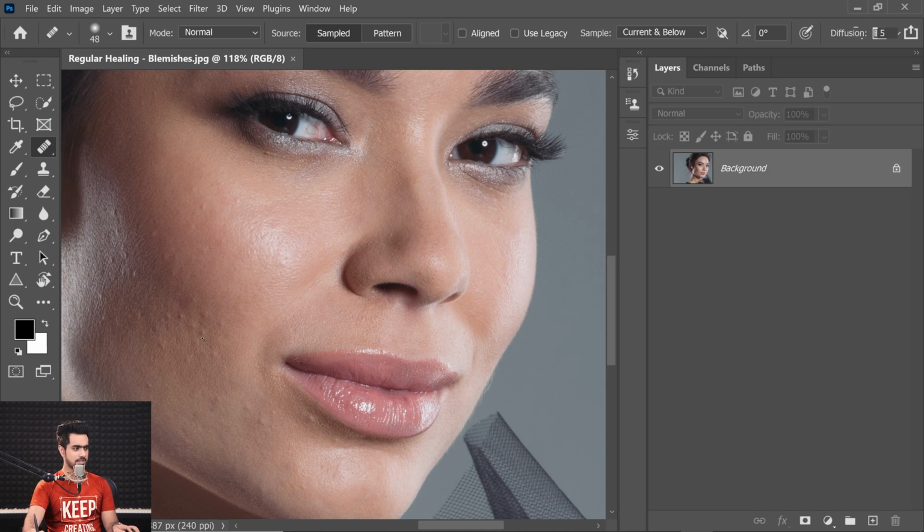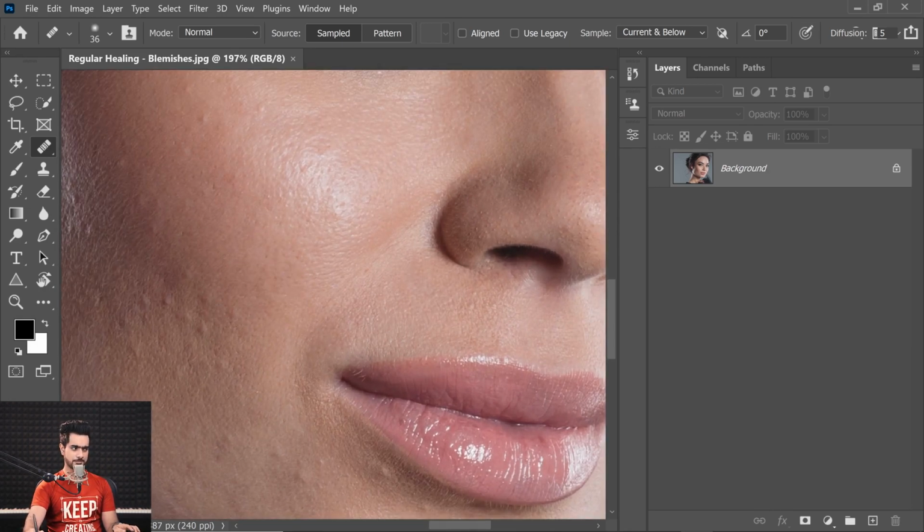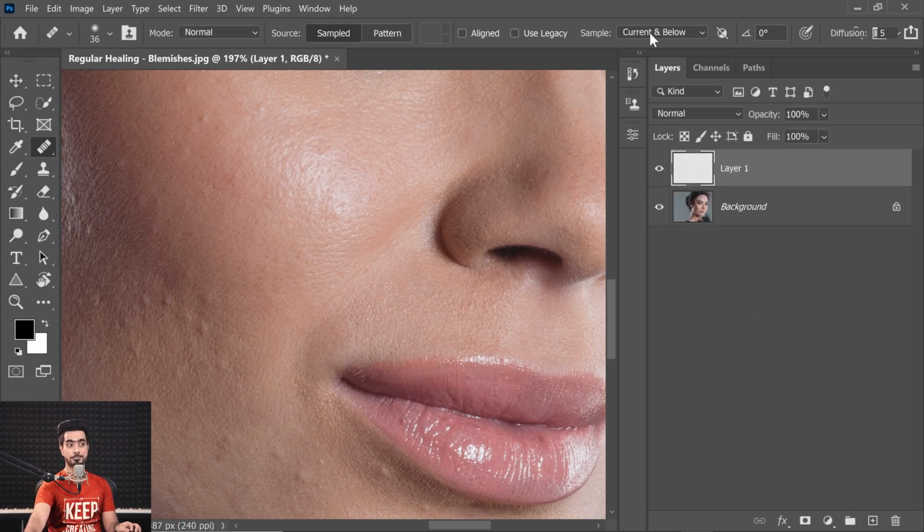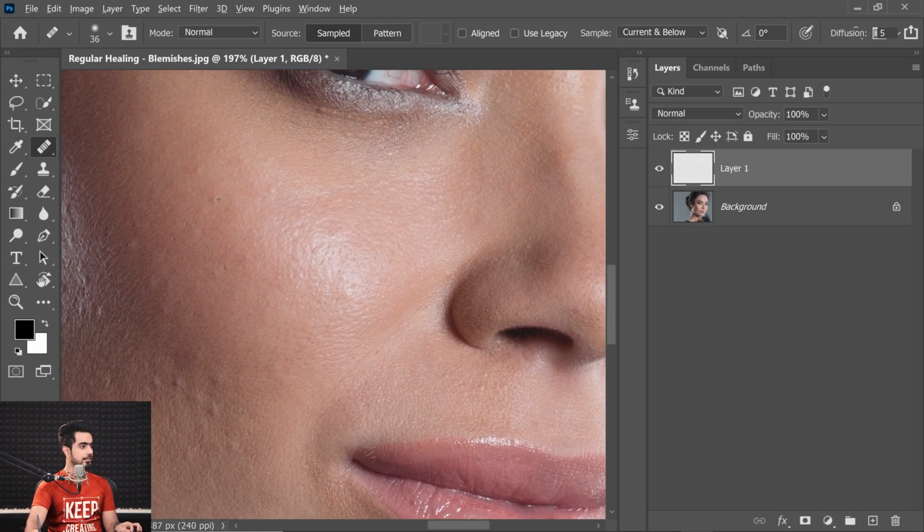Now, as we can see, look at these blemishes. They have a darker area. They also have a brighter area. So we cannot use any blend mode here. We have to keep it normal. So let's take a sample from right here and paint over it. That blemish is gone. Also, don't forget to do it on a brand new layer, Sample: Current and Below. So gone. Just take a sample, holding the Alt key or the Option key,